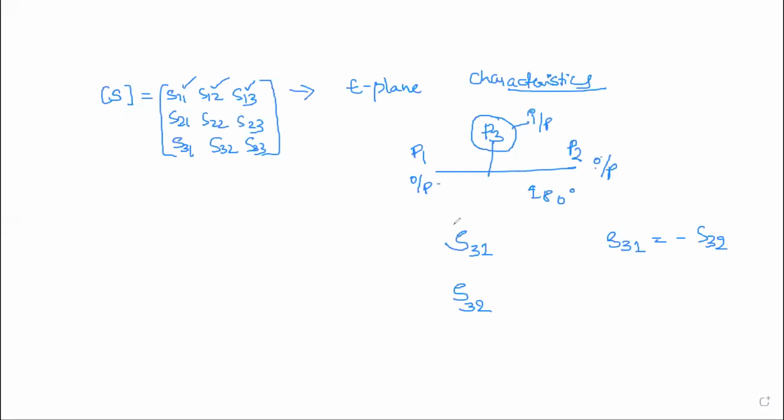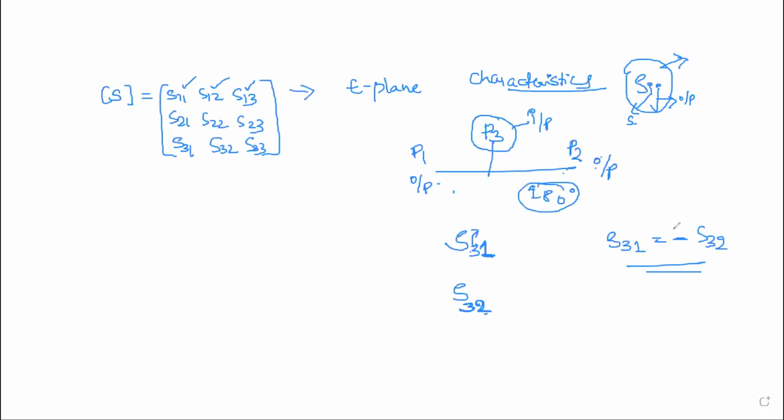Since you are writing the S parameter, we know the input is given to port 3 and the output you are taking from port 1, because if you remember the Sij scattering coefficient definition, i is the source which is connected, j is the output. So 3 is the input which you are giving, and from port 1 the output is taken. Similarly, port 3 input is given, port 2 output is taken, which is nothing but S31 and S32. Now, according to the definition of the E-plane T, port 1 and port 2 will give you the same magnitude output but opposite in phase.